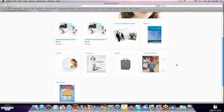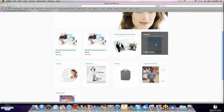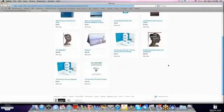Let's see, where did it go? It's probably under business. So we've got to click under business. And there it is. It's the very last one. It's called Tell Your Story. This is a brochure that we all received when we attended the last Leadership Summit in June. And it is a fantastic little booklet, and you can buy a 5-pack. So it's about $15 for 5. So it's about $3. You all need to get one. If you didn't attend the event, then you need to get one for yourself and buy a pack of 5